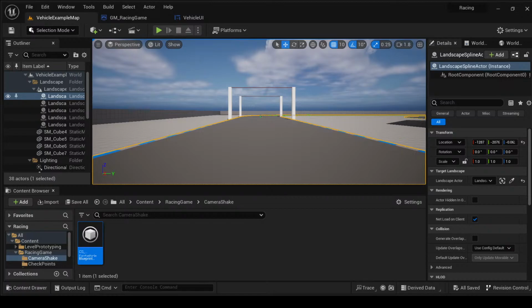So with that clear, we can proceed with the last part. The last part of